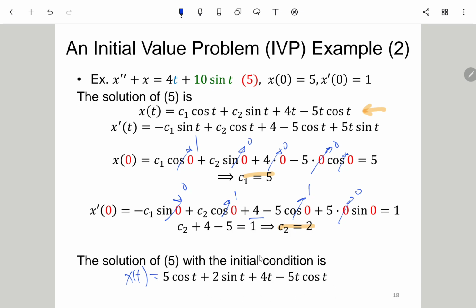This is the only function of this form that satisfies these initial values. 就是说如果没有 initial values 的话，这个是 complete solution，这个是完整的解。C1 C2 可以任何的值。那我们有 initial value 的话，我们可以唯一的求出这一个。那所以这一个 xt 是其中唯一一个会满足这个起始条件的。